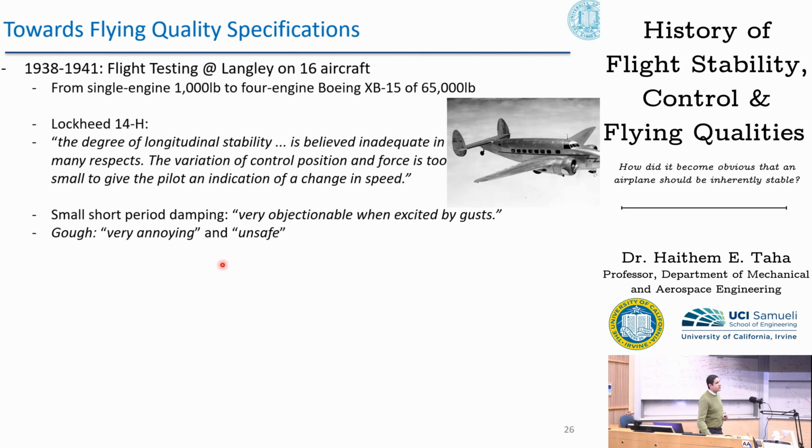This airplane went into interesting oscillations, a specific mode that not all airplanes go through. In gusts, in turbulent air, the airplane goes into an oscillation, pitching, coupled with the elevator deflection. The elevator was freely floating, all right? And now the airplane is pitching, a pitch disturbance, changing the angle of attack. The airstream will push the elevator because it's freely floating. And if the elevator moves up or down, it will change the pitching moment on the airplane. So we have a coupled motion between the pitching angle of the airplane and the freely floating elevator deflection. And these oscillations were not adequately damped.